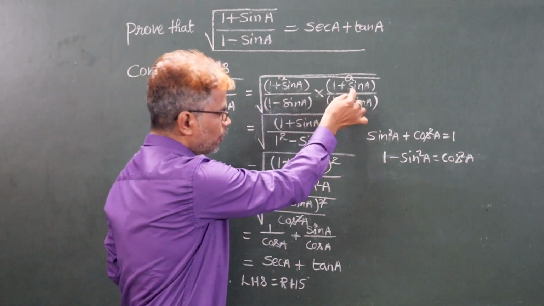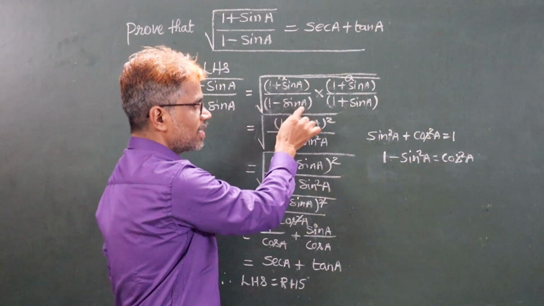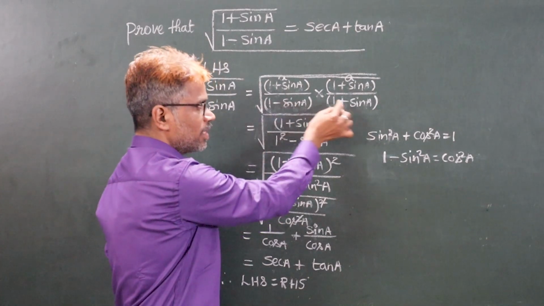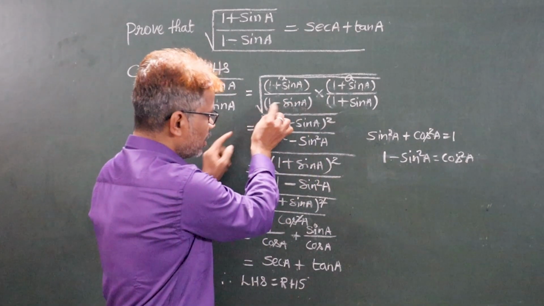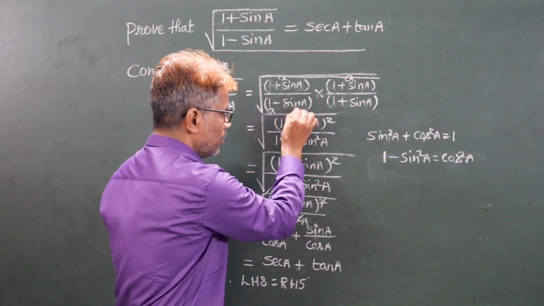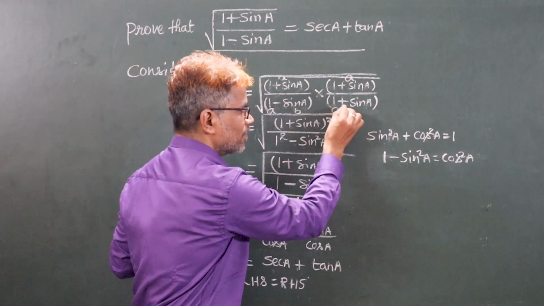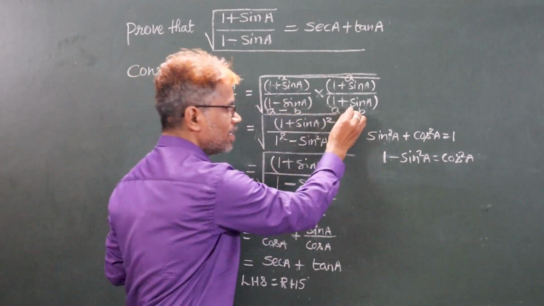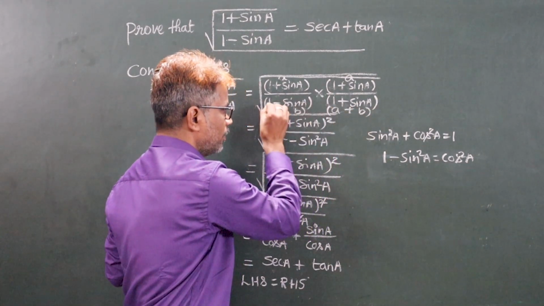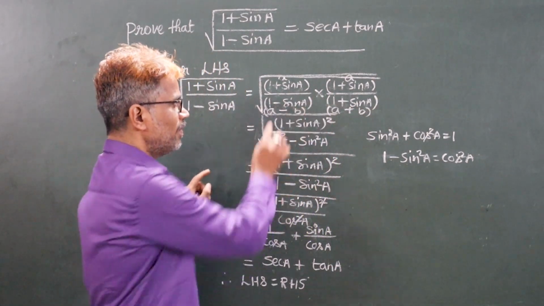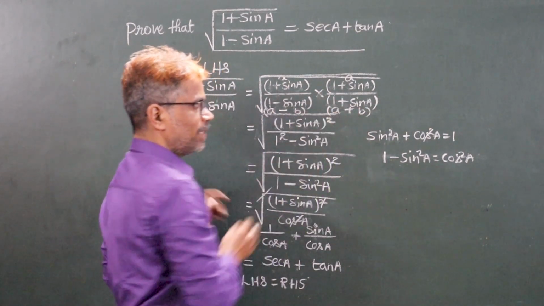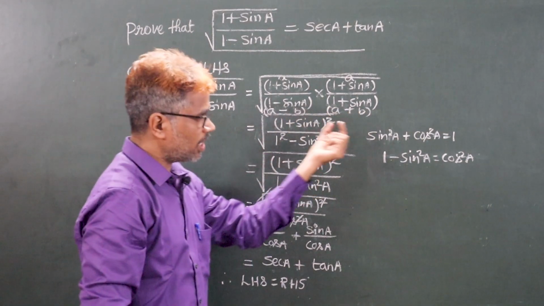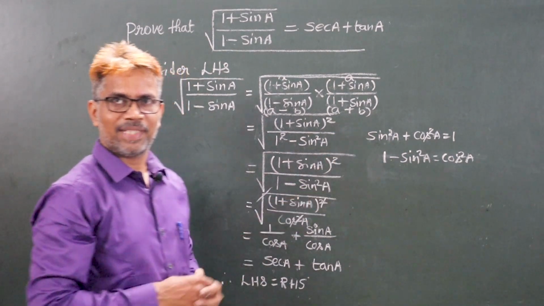In the denominator of those two fractions, we have (1 minus sin a) into (1 plus sin a). We have the same two terms in both expressions. One term you take as a, another term you take as b. Here also it becomes a as well as b, but the signs are respectively minus and plus. So the denominator is of the form (a minus b) into (a plus b). Whenever an expression is of the form (a minus b) into (a plus b), the product will always be of the form a square minus b square.